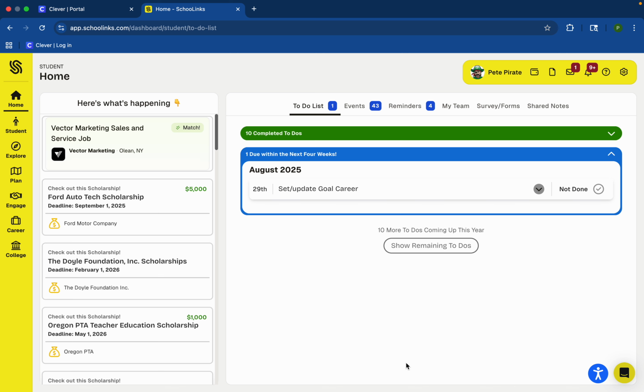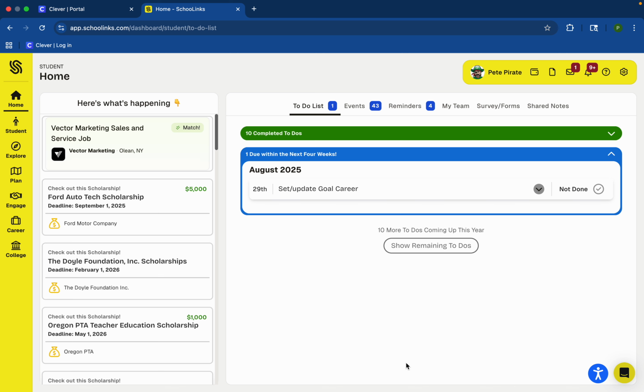Today, we're going to take a short tour of SchooLinks, our college and career platform. For some of you, this might be an introduction. For others, just a simple reminder. But there were some changes to SchooLinks over the summer, so I thought it would be helpful just to take another quick tour of all of the features that you're going to be able to use this year, particularly in